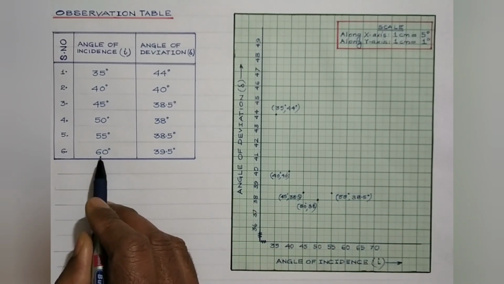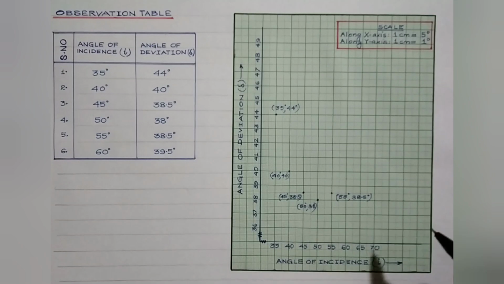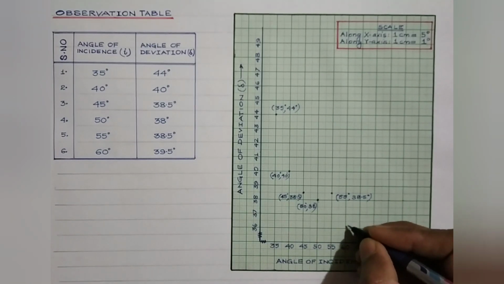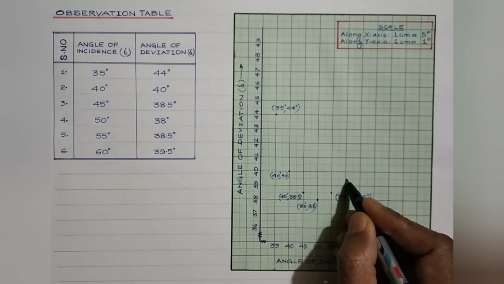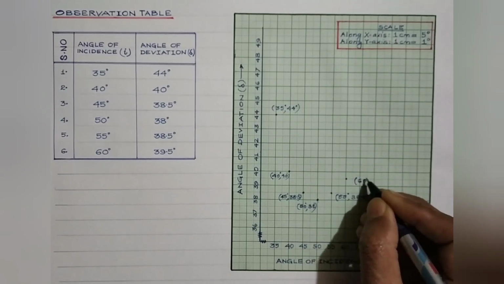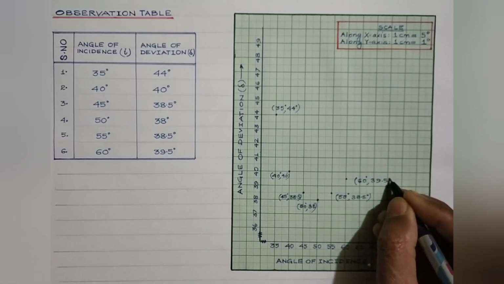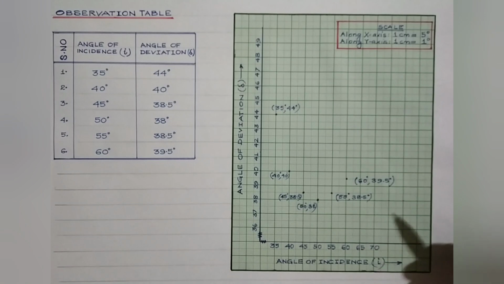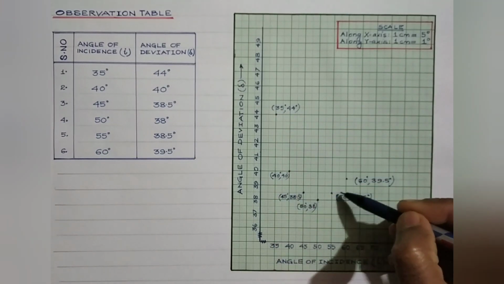And the last one is corresponding to angle of incidence of 60 degree. We have the angle of deviation of 39.5 degree. Corresponding to 60 degree, we have 39.5 degree. So this is the point. So 60 degree and then 39.5 degree. Now students, what we need to do is that we need to join these points and draw a